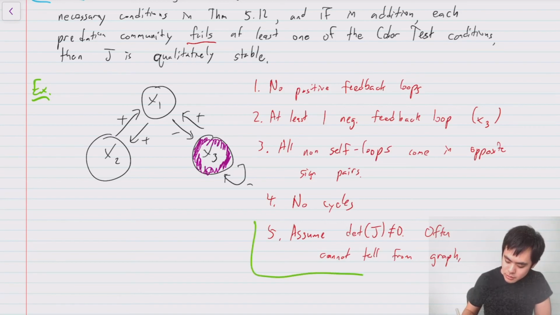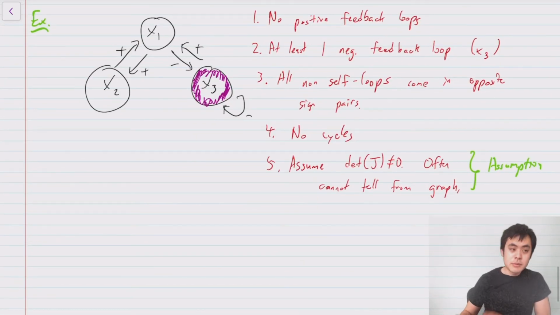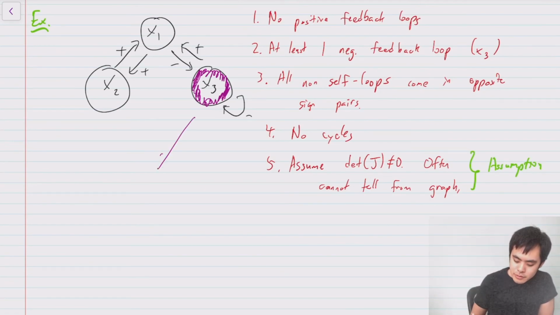Well, let me put this in a box because I just want to mention this assumption. Okay, so long as we're going to assume that to be true, but we'll note that here this fails color test